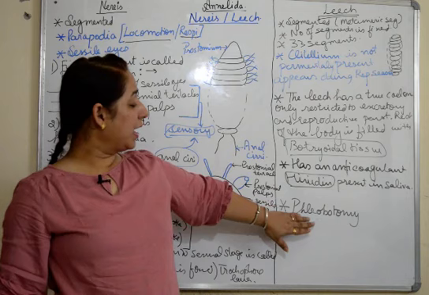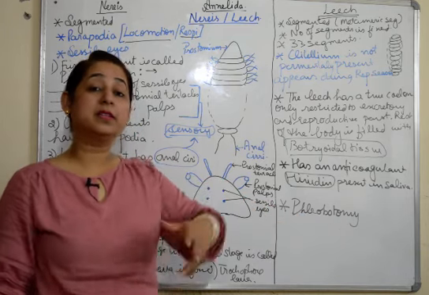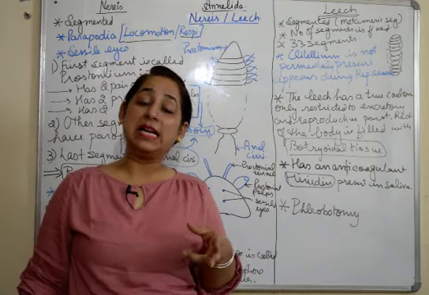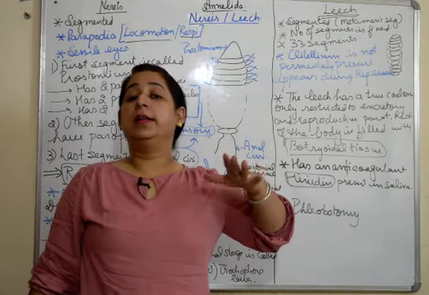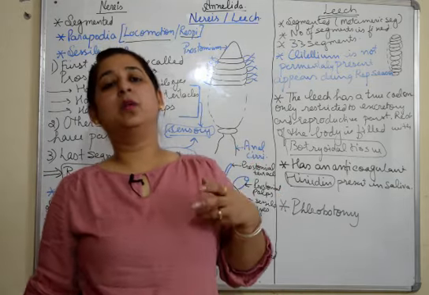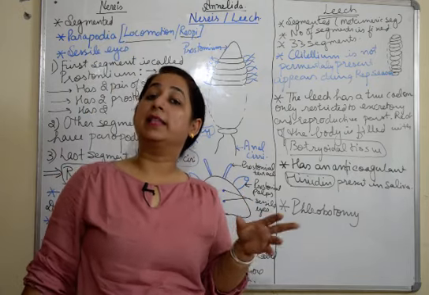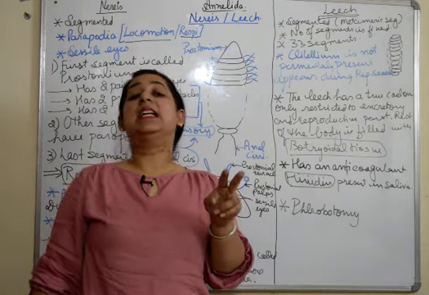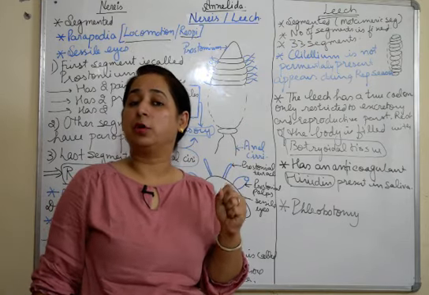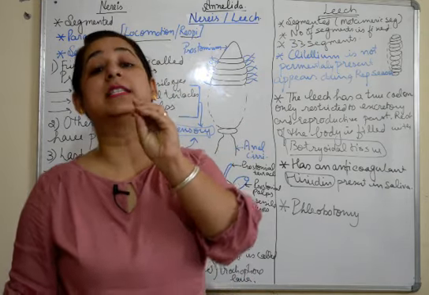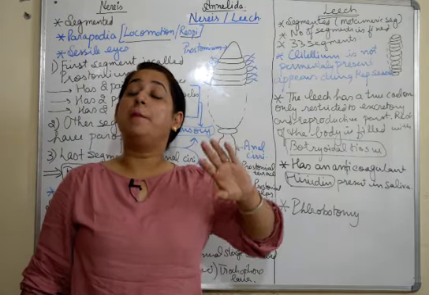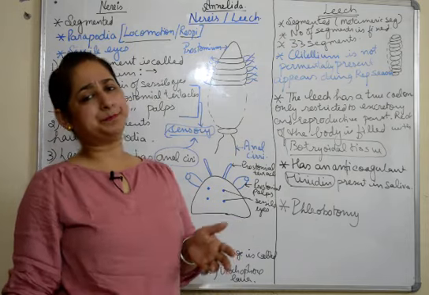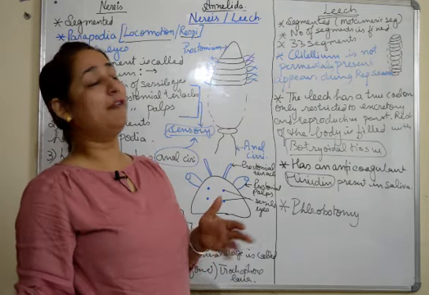Now I have written a term here, phlebotomy. What is phlebotomy? Phlebotomy is a technique known as bloodletting. So what is this bloodletting? In medical treatment, for some people who are suffering from tumors in places where they cannot be surgically removed and are large in size, leeches are attached to those tumors. They suck the blood from the tumors and the size of the tumor reduces. Then they are surgically removed. So a medical use of leeches is phlebotomy, wherein bloodletting is done by the use of leeches.